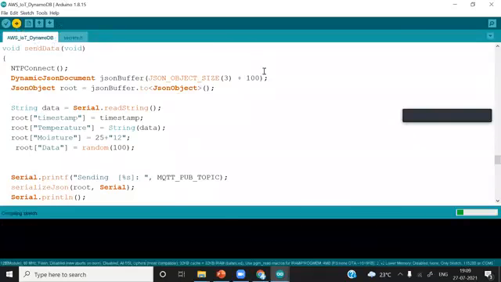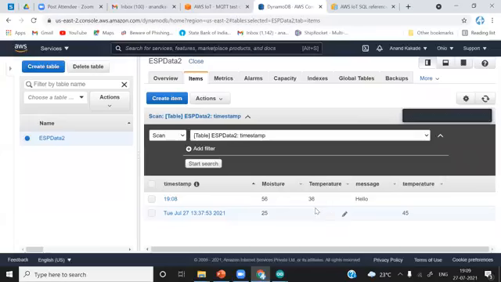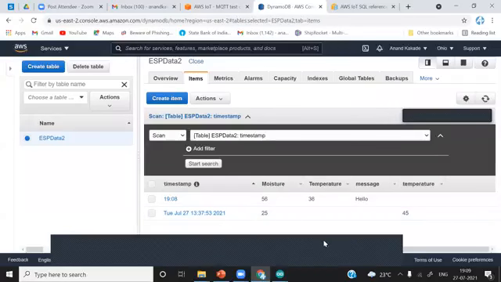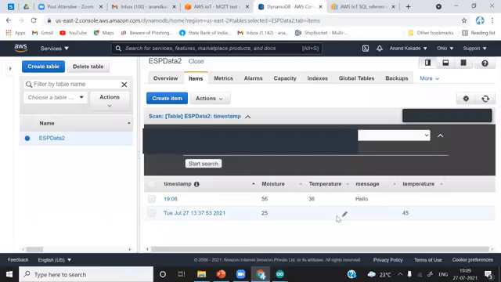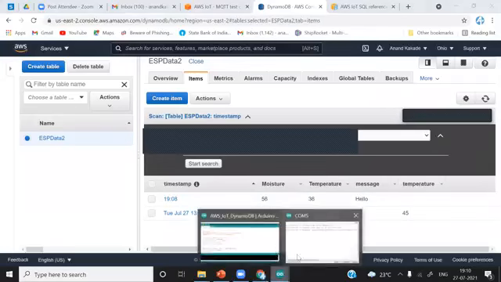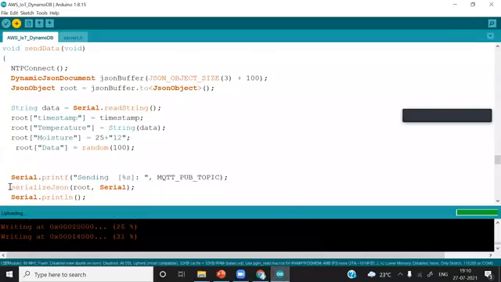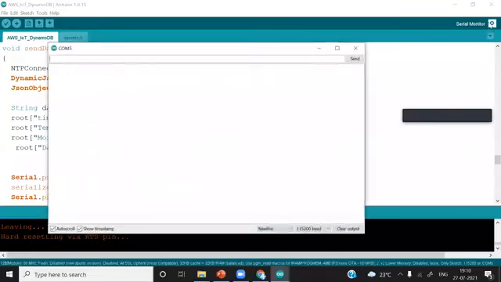After this, I will just simply upload this code to ESP8266. It is done. I'll open the serial monitor.